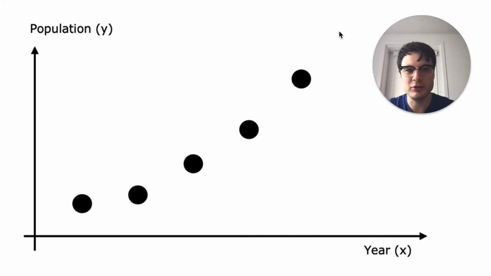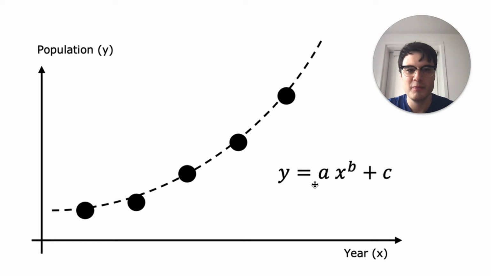Then we can fit model parameters to follow the general form equation of a polynomial equation. So, for example, if we have data that look like this, we might learn to fit an equation y equals ax to the bth power plus c, where again x is still the input, y is the output, and now the parameters are a, b, and c. Or if you're trying to do a higher order polynomial, you might have ax to the bth power plus cx to the dth power plus ex to the fth power all the way